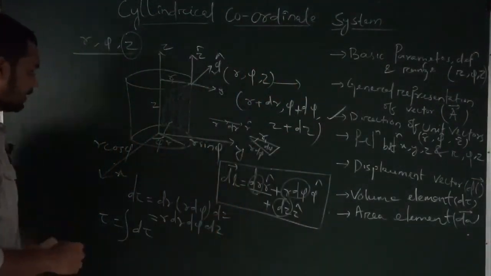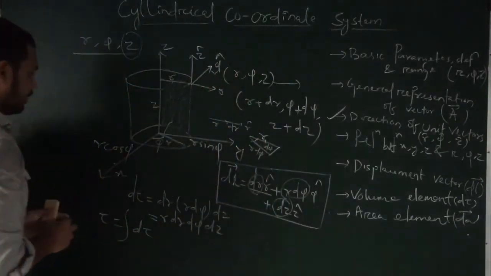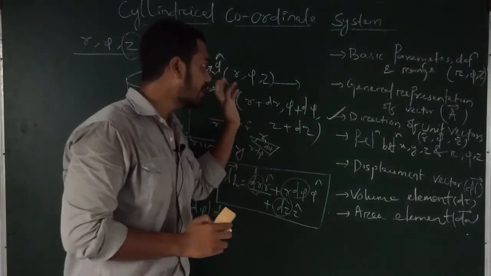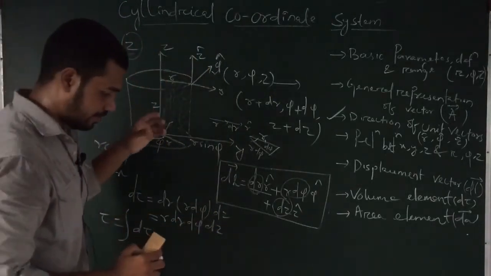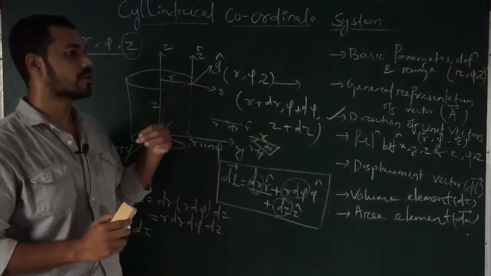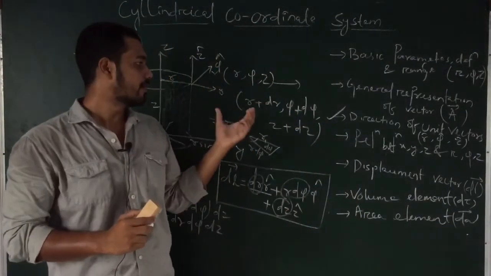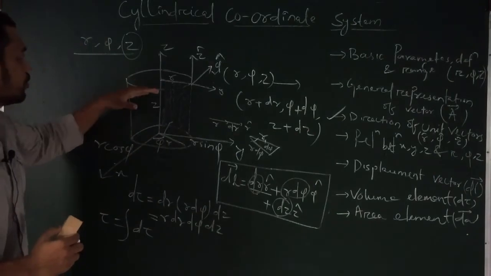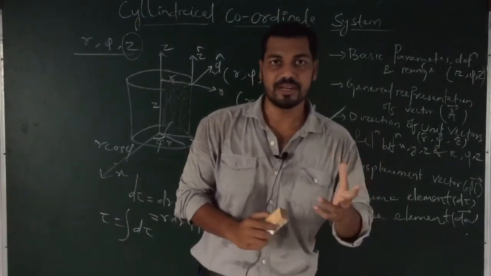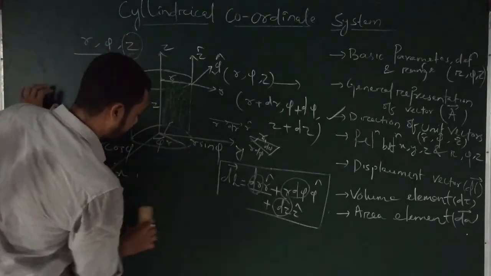Okay, so if the range of r, phi and z is given, next we go for the area element dA in the case of cylindrical coordinate systems. In the last lecture on Cartesian coordinate systems we defined the area element for all the surfaces of an elemental cube. Here we will discuss the area element of all the surfaces. You can visualize there are 3 surfaces, 2 base surfaces and 1 curved surface. So we can write the area element for these 3 surfaces. Let's see one by one.